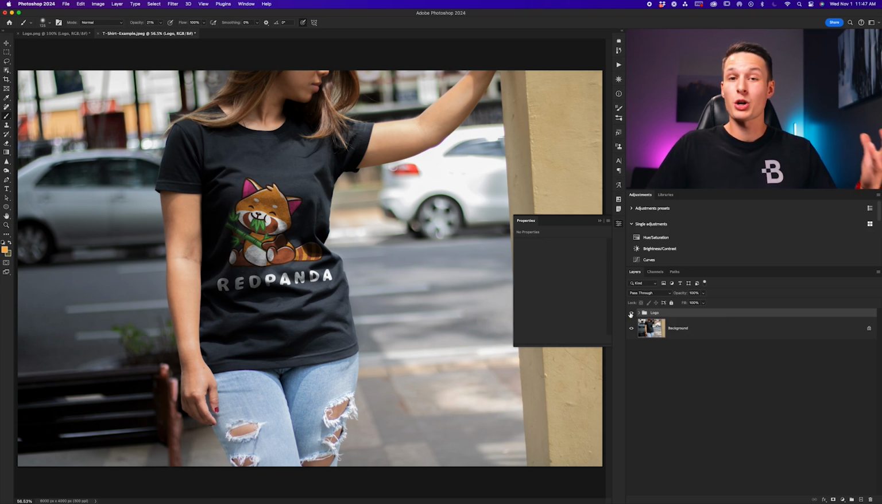Now obviously this took a lot more steps than the first example, but I think it's definitely worthwhile if you want the most realistic and professional result possible with this type of effect. So now you know two great ways to place a logo onto a t-shirt in Photoshop,